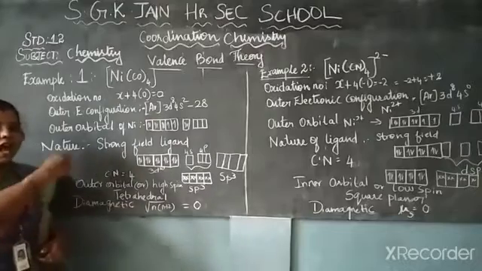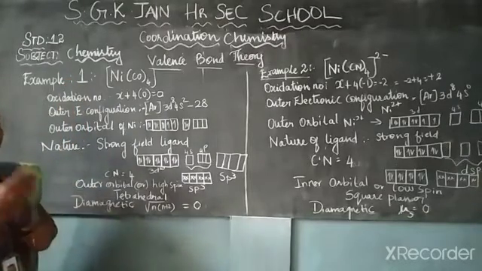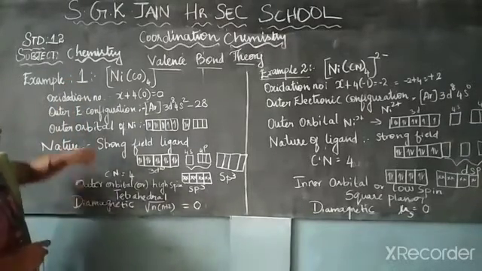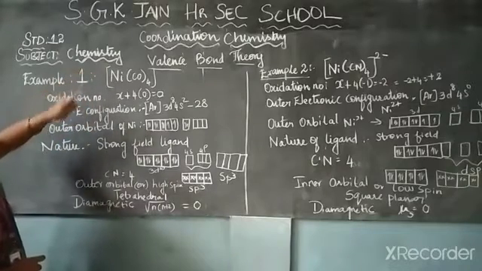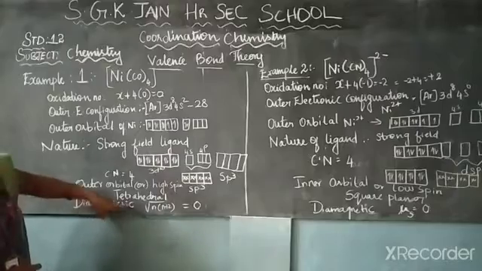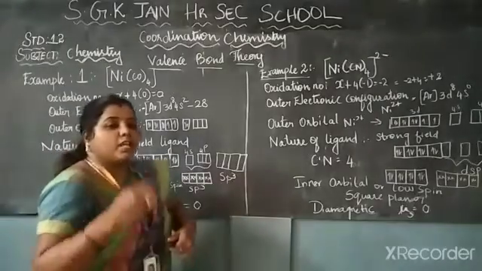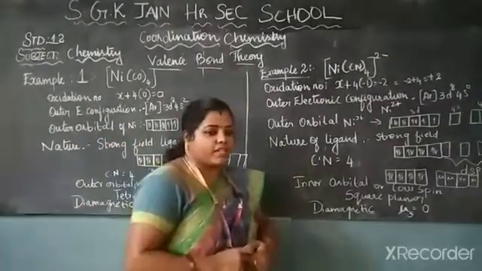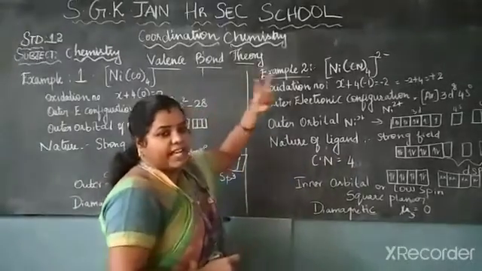In some cases they are discussed directly, and in a few cases they give the compound in one word and ask whether it is tetrahedral, or they ask about the shape, the magnetic property, or the magnetic moment. So these are the two possibilities of questions. Next we see the next example.